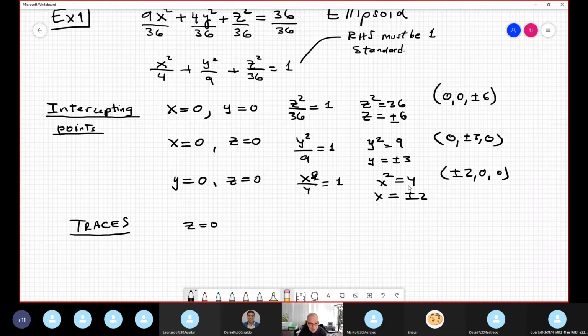The representation c equals 0 in 3D is a plane. It's a plane, guys, that is parallel to the xy plane, in other words, perpendicular to the c-axis. Exactly, it's the middle. So c equals 0 is a plane like that, look. This is my 3-dimension axis. So that plane